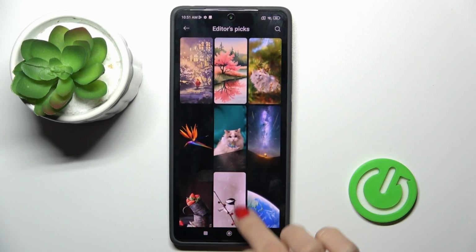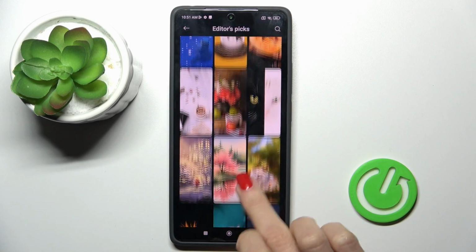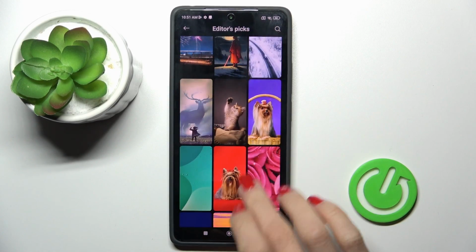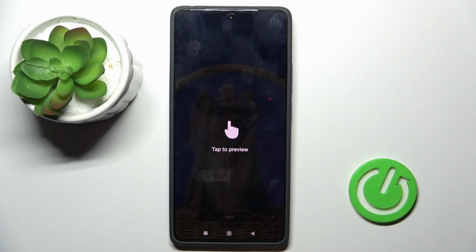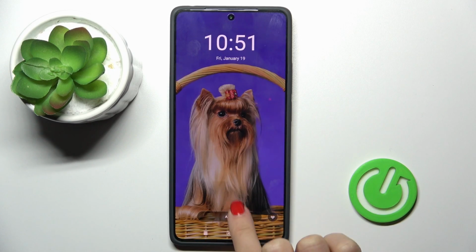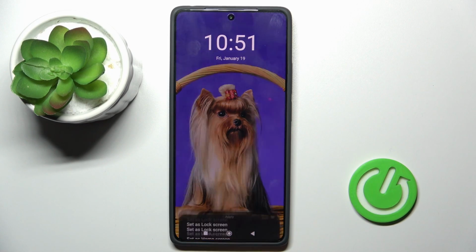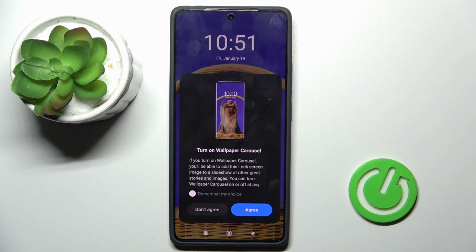As you can see, there is a lot of pictures, so it's not easy to choose. Let me pick, for example, this one. Tap to preview. By tapping you can see it on both home and lock screens, and then click on apply. Tap on set both to apply it on both,